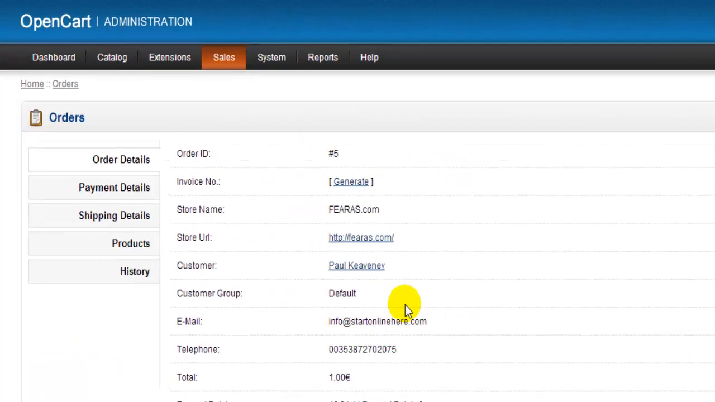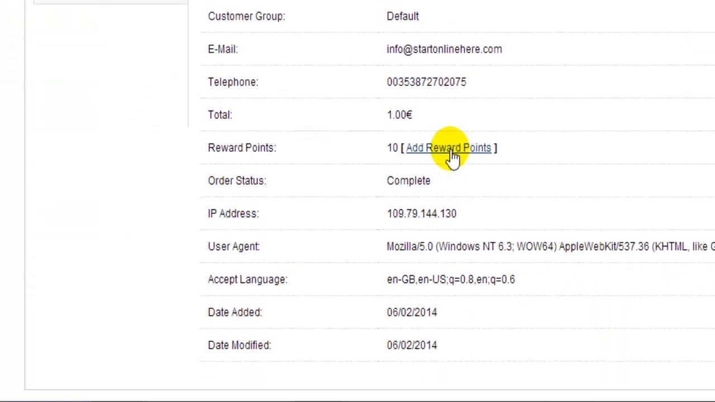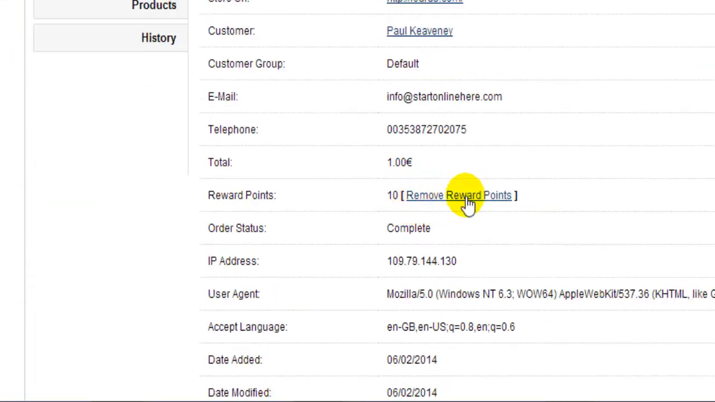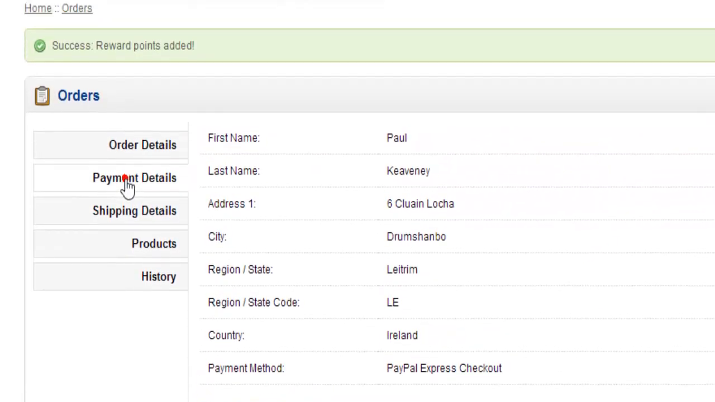order, and we can generate an invoice number for this order here by clicking generate. We can also add the reward points for this order. We can also remove the reward points. Your customer will be notified that they've just received reward points for their order via email. Then we can come in and look at the payment details, and we have the customer's name, address, and the